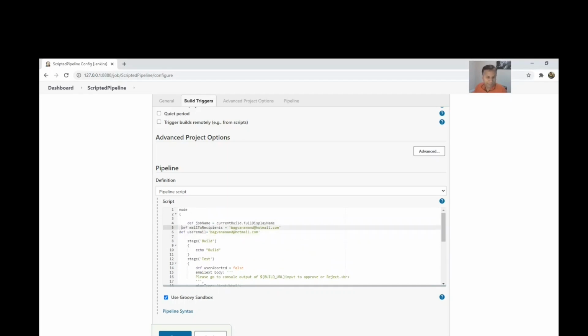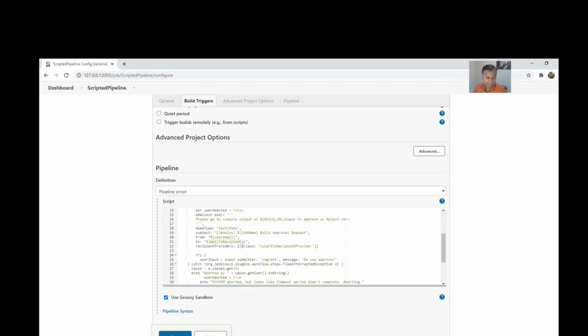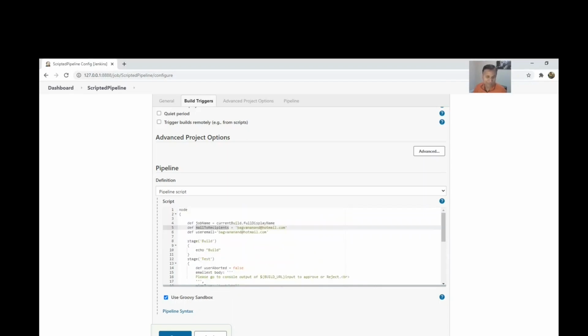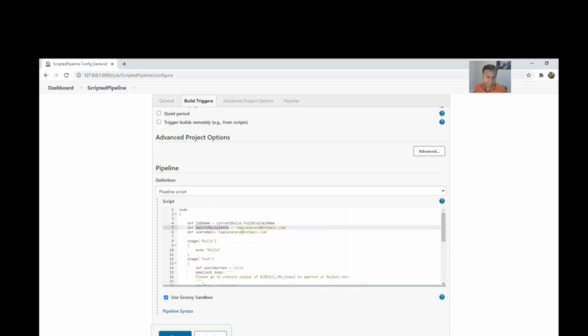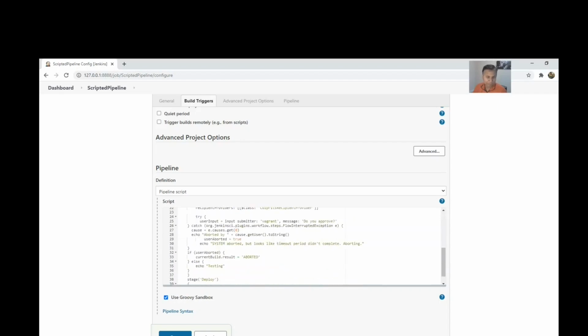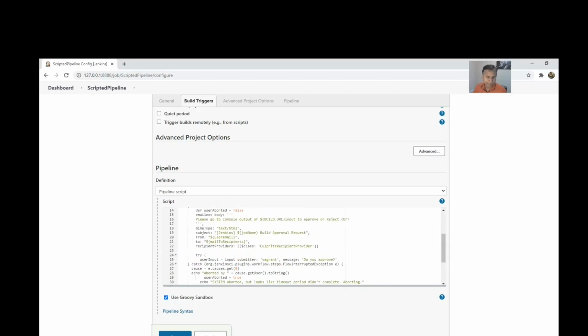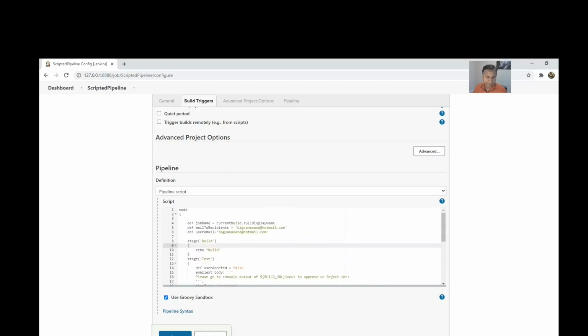Here I'm using the user mail and the mail to recipients, to whom it has to go, but I'm going to give my Hotmail everywhere. In the subject I'm using the job name. For from, I'm giving the user email, and the mail to recipient is my Hotmail. The user email I can give as my Gmail ID.